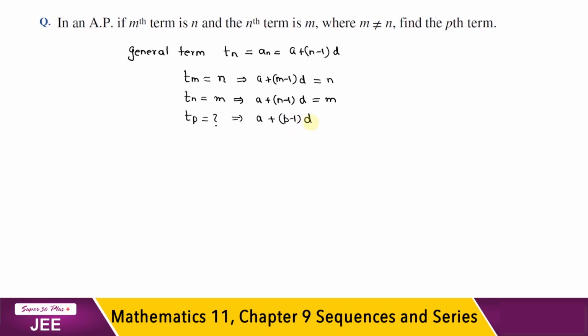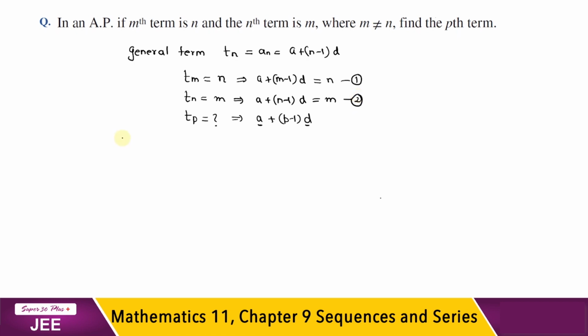Alright, now in order to evaluate Tp, we are supposed to evaluate a and d, and then we have to substitute over here a and d in order to get the answer, because a and d are supposed by us in the question. I have supposed myself that a is the first term of the sequence and d is the common difference of the sequence. So they are required to be eliminated from the question. Alright, and how is that elimination going to be done? That elimination is going to be done from these two relations, relation number 1 and relation number 2.